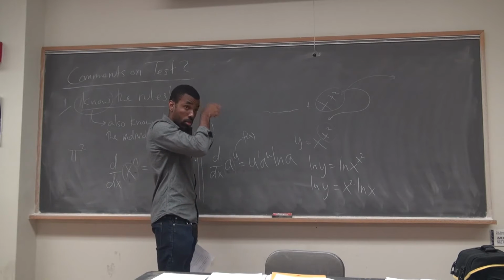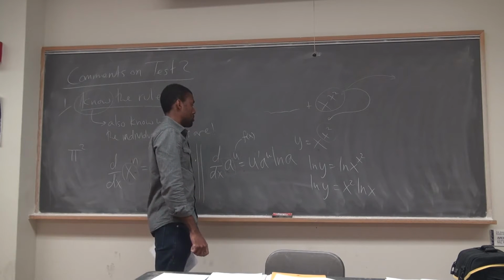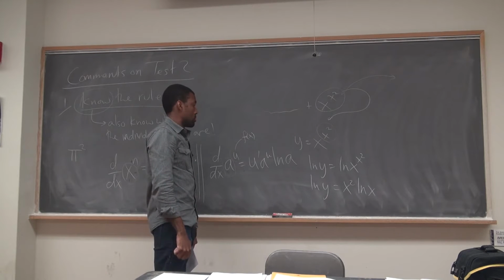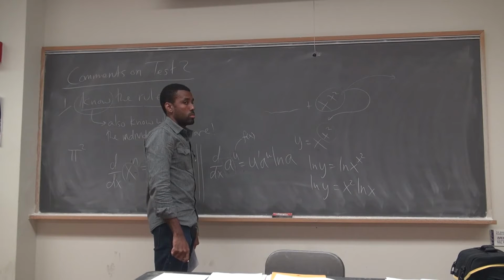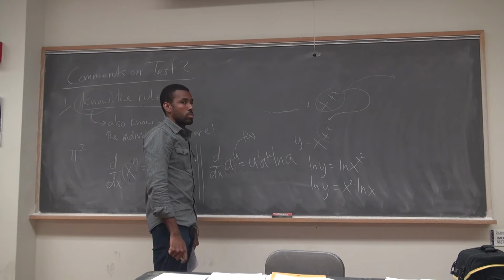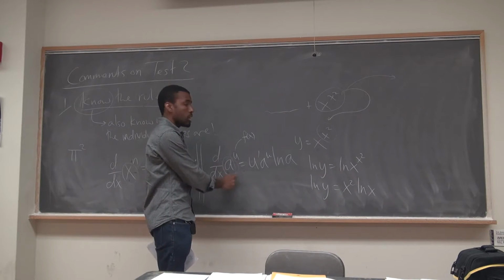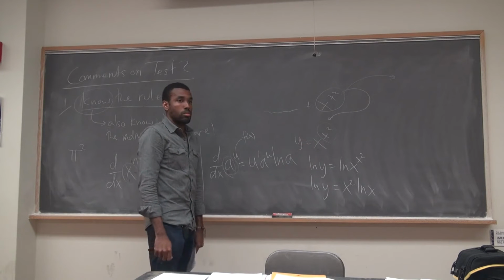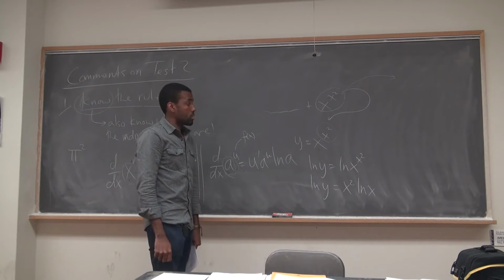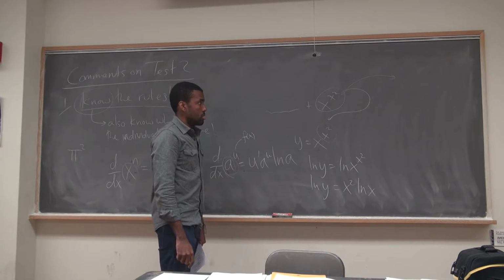But Professor, in your a to the u equals blah blah blah, that u is another function. Yes. So who's to say that x squared is not a function? X squared is a function. So then why does that rule not apply? Because the base is a constant. Oh. The base is not a constant. So when you solve for that, then what do you do? You put x squared on x back in, at the end.